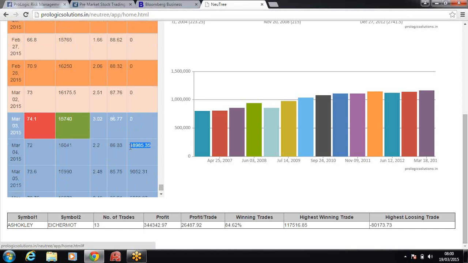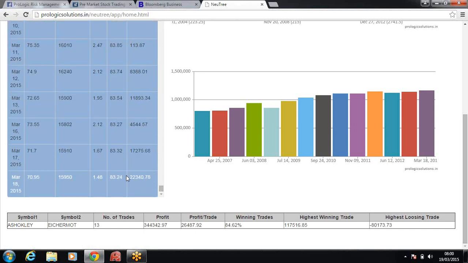So what would have happened here is, 18,000 rupees on one lot you could have booked here, and you could have waited on this particular trade. That is, we are still at 22,000 rupees profit. We'll just check today in case there is a fall in